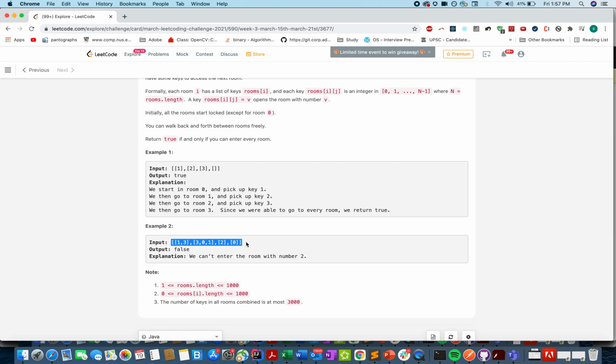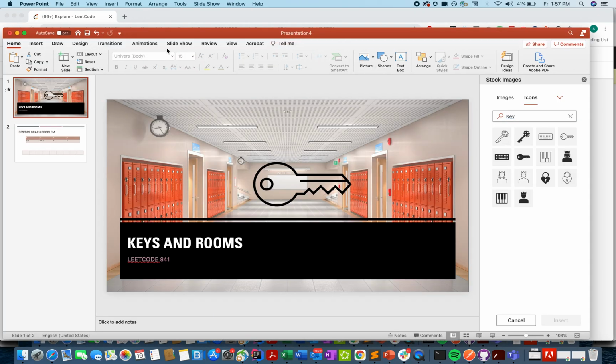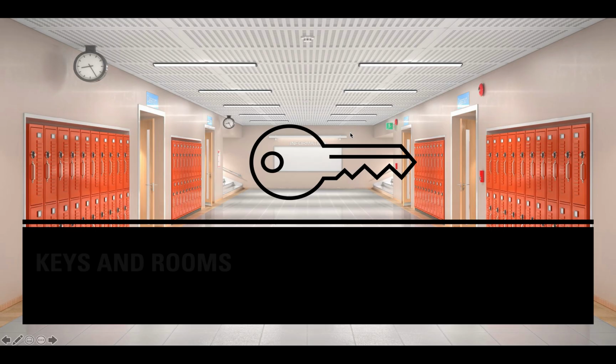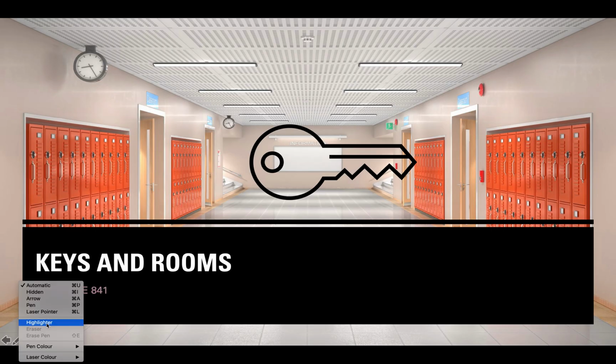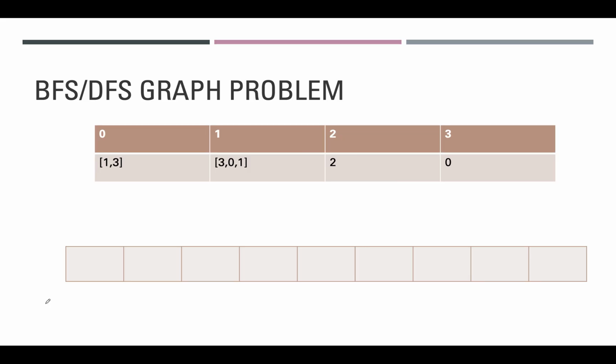So let's try and understand this example as well, but let's keep it for the presentation part. Moving on to the presentation. We have done similar kind of questions in the past, and I hope you'll be able to solve this question by yourself. The approach that we'll follow is a basic BFS or DFS, whatever you're comfortable writing, you can go for it. It's not a very hard question. Just try and think about the problem. You just need to check whether you are able to visit all the indexes in your array or not.